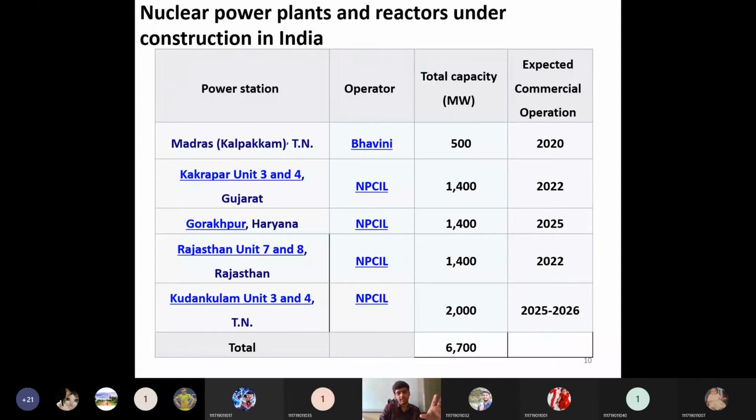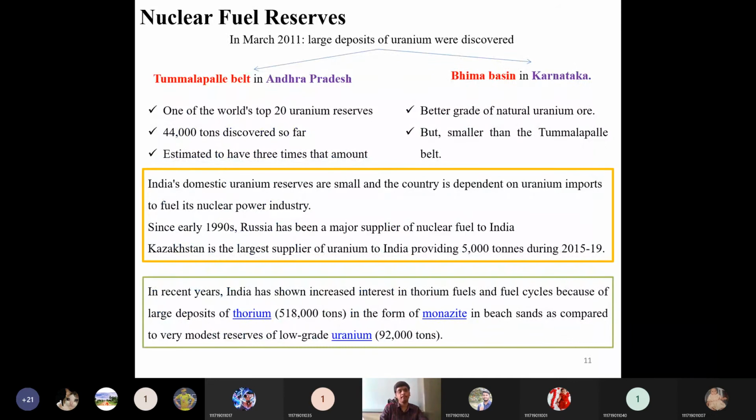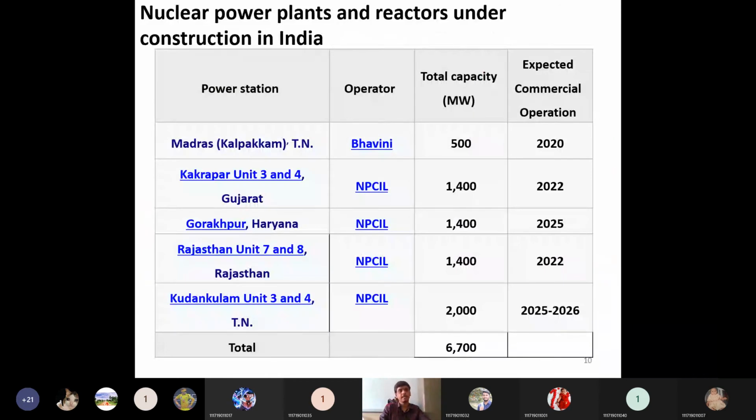You can Google more about those power plants, what their operating criteria are, and what job opportunities you can find. All the power plants are listed in this PPT. You can go through their websites and search what possibilities there are to work there, to work for the nation, for the building of the nation. Until here, I hope it is clear. Nuclear power plants.